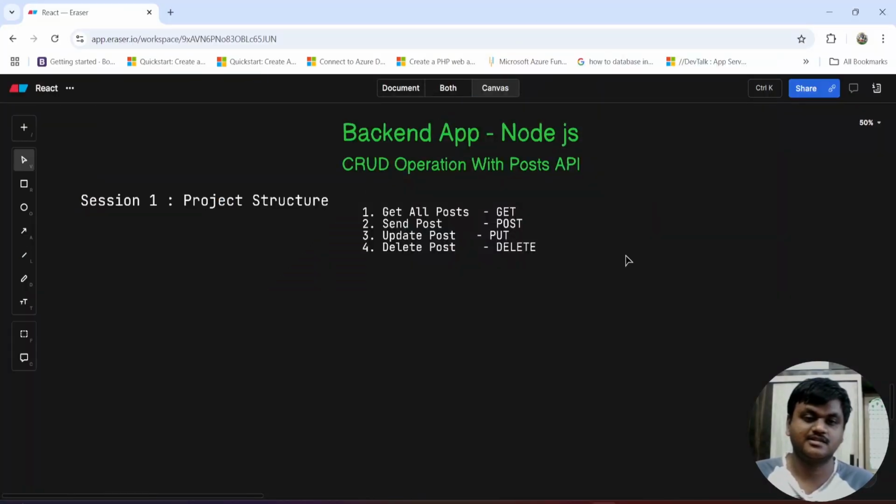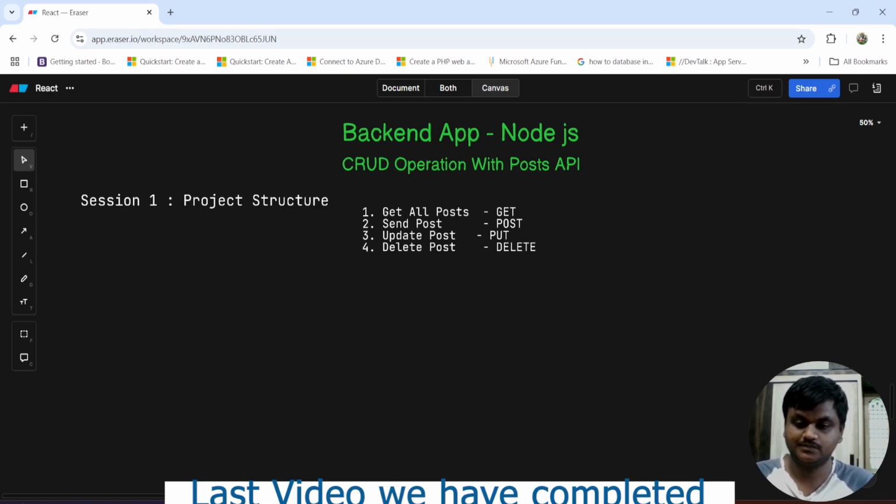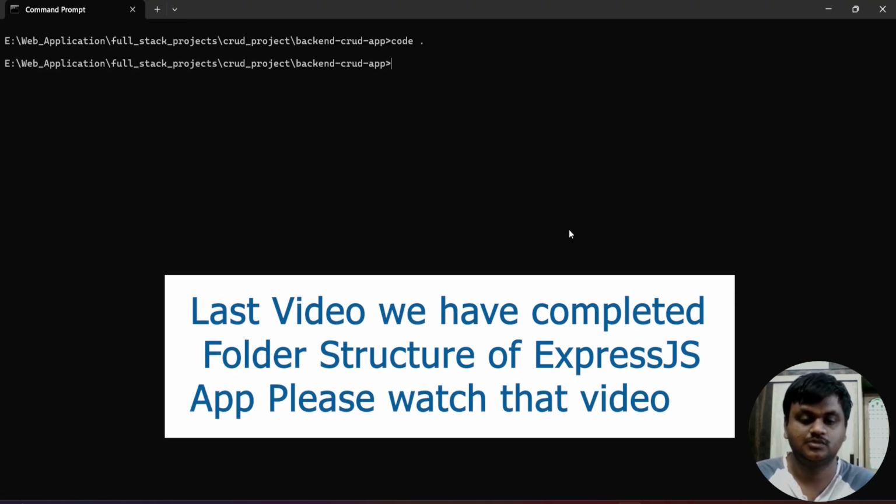Hi friends, in this session we are going to connect our project to the MongoDB database. First I am going to my project, open my project,